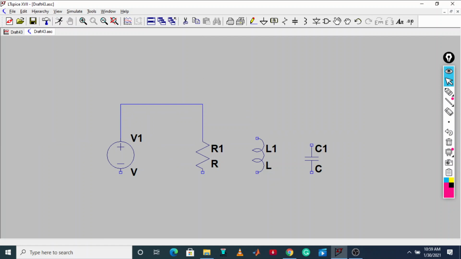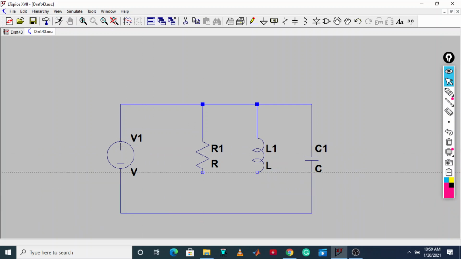Now I have connected it with the R. Again take from here, connect it to L and then connect it to C. Similarly you see downward. Now this is the connection that we are doing. Now we are connecting R and L. In order to complete the circuit we need to connect the ground. This is very necessary. Now connect it with the wire. Now your circuit got completed.